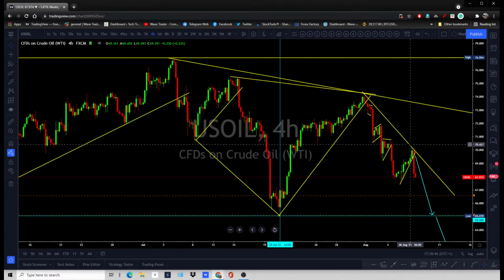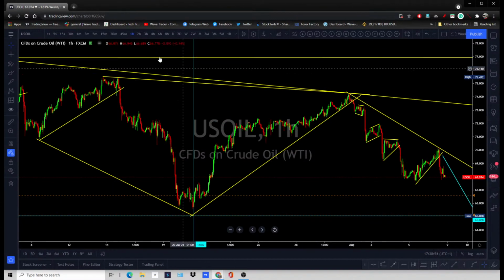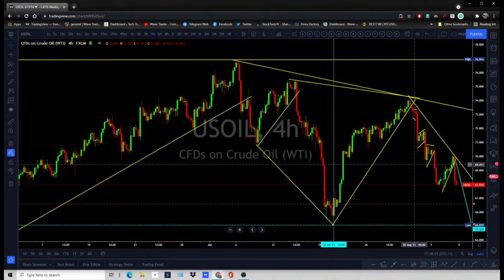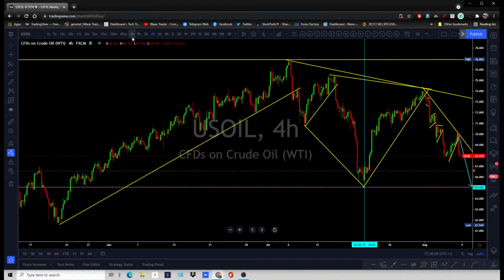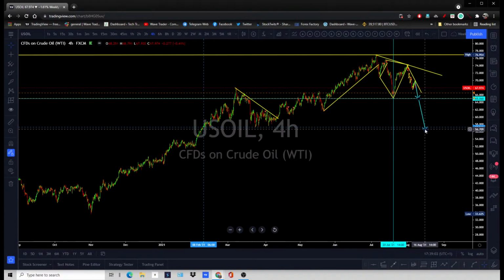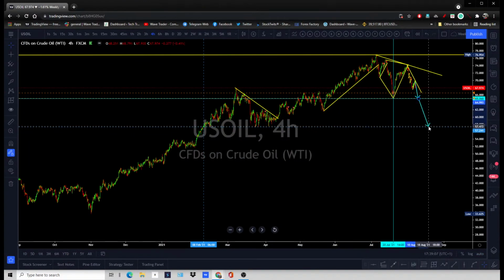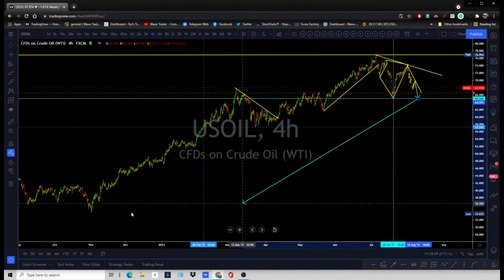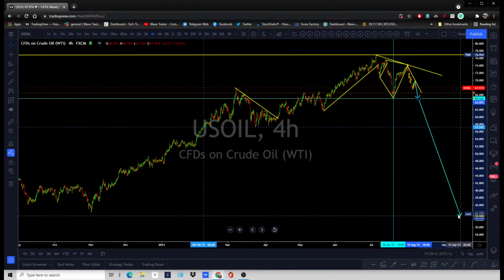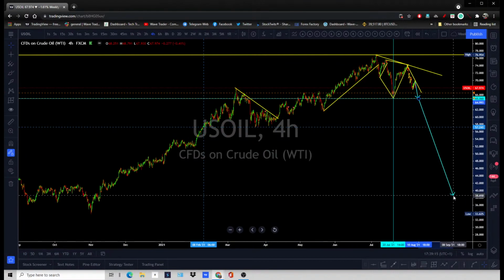For the short term, there are a lot of short term opportunities on lower time frames. For next week, price is already dropping from the 74 area and dropping. So we are expecting this to drag lower at least up to the 56 area, and in the best case scenario, longer term, as I said, go all the way to this low or 35 areas. That's not going to come anytime soon.